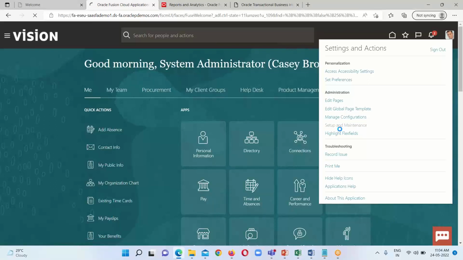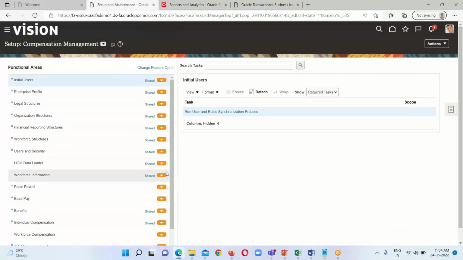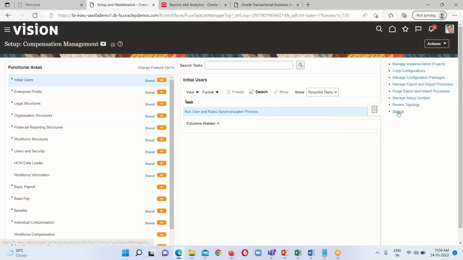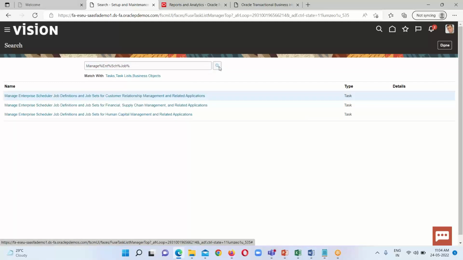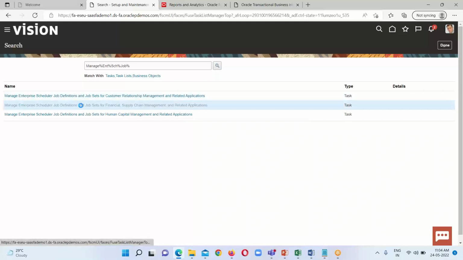So I'm going to setup and maintenance, and under this one I have to go to the task panel option, click on the search option, and search for manage enterprise scheduler job. Click on this one and search for it. Here, the manage enterprise scheduler job definition, click on this one. After clicking on it,